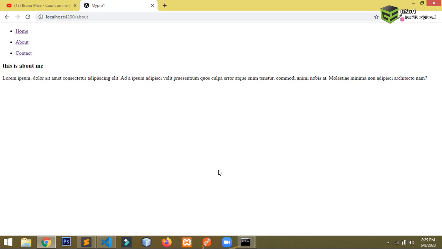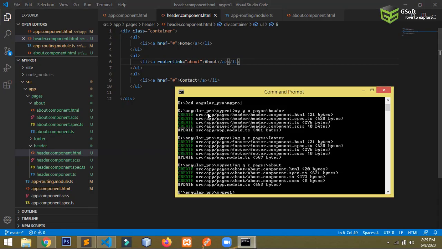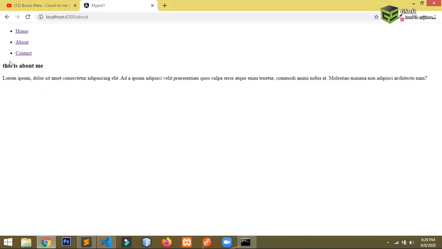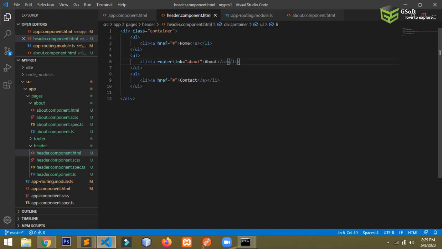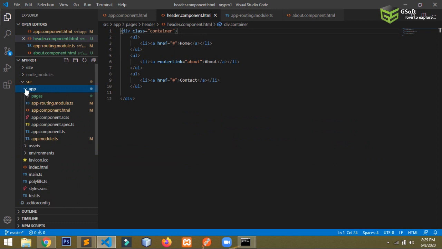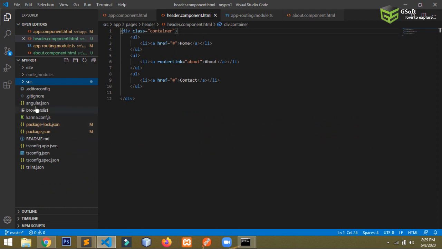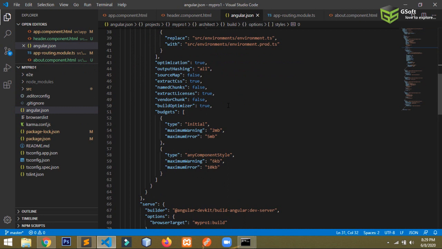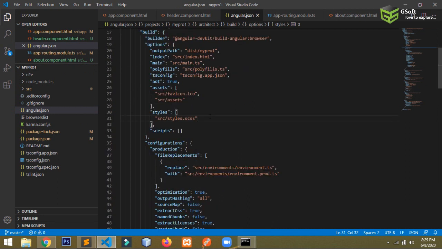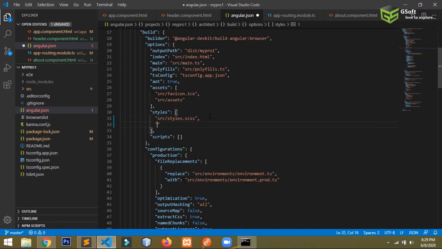Okay guys, so I think one thing is missing in this. I have used bootstrap classes, but the bootstrap is not working. Why is it not working? Let me tell you. I haven't added or loaded the JS file. I have installed the bootstrap and jQuery, but I haven't loaded them. So for that I have to go to the angular.json file. You can see here angular.json file. I have not loaded it, and I have to load it here. As I have told you, I have to load the CSS and all the paths here.